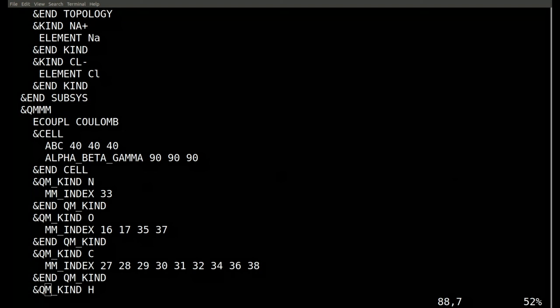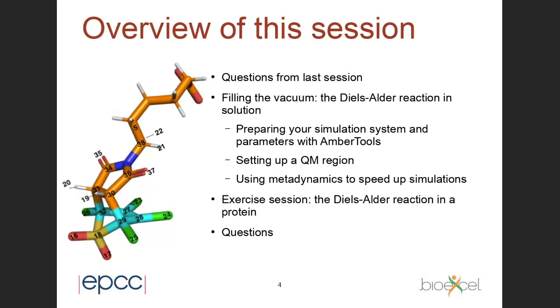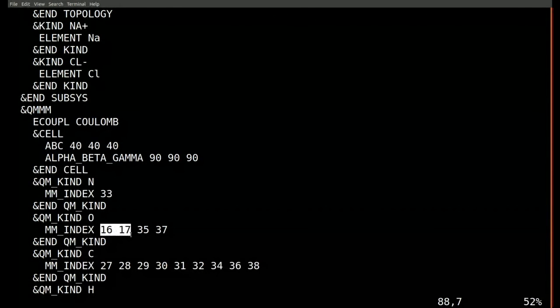If you remember, I'll put back the picture that I showed earlier. If we look at atom 33, where's atom 33? I'm going to guess atom 33 right there is that blue one. Yep, that looks like a nitrogen to me. Does that look right? 34, 35. Yeah, that looks about right as well. And notice that 16 and 17 look like they'd be oxygens, hopefully, if the picture matches the input file. Oxygen, there we go. 16 and 17 are defined as oxygens, as are indeed atoms 30, 35, and 37, which are also